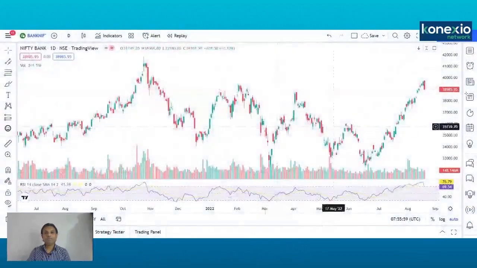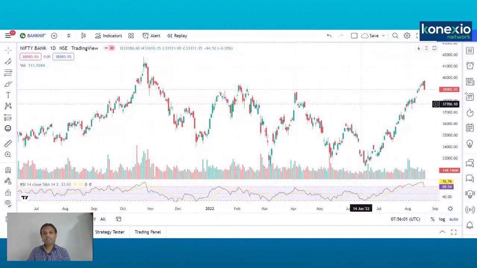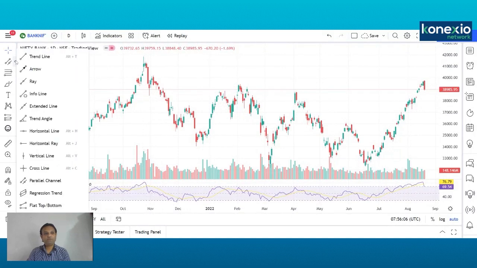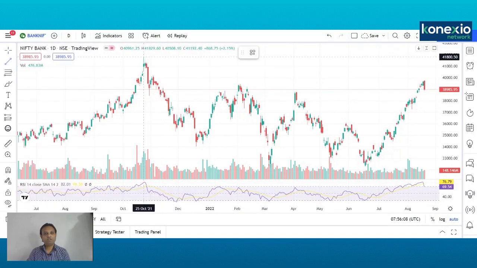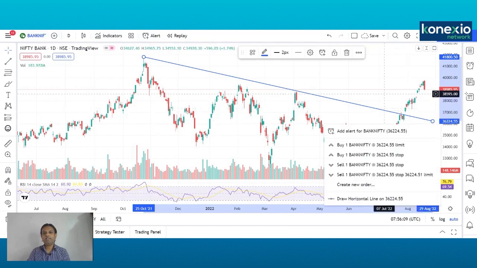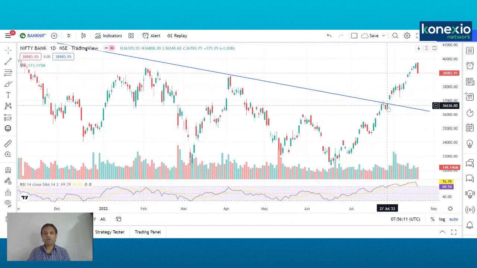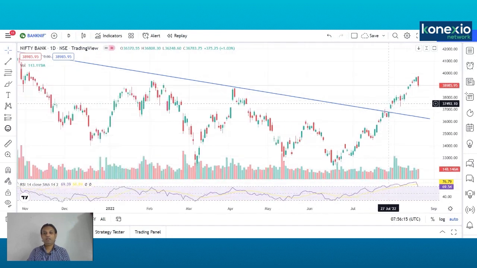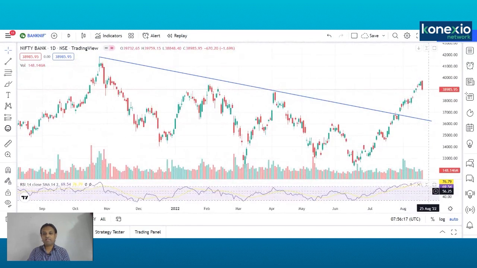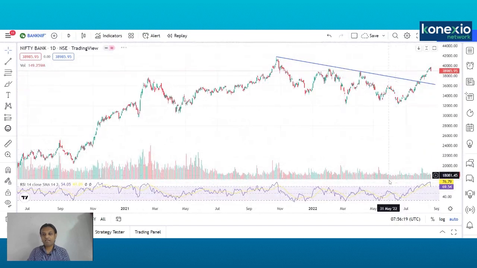On Bank Nifty daily charts, you can see the same thing. It has given a breakout of this particular falling trend line, which we have been discussing for a long period of time. This was the trend line. It has given a breakout and it is trading way above those breakout levels. But the most important thing is RSI, after entering into the overbought region here